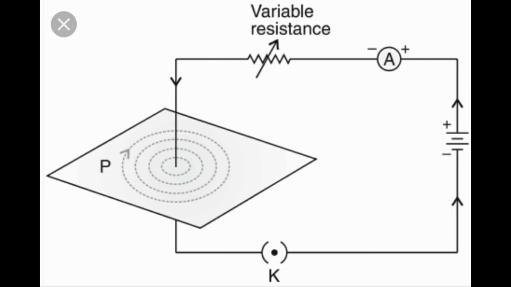Close the key so that a current flows through the wire. Ensure that the copper wire placed between the points X and Y remains vertically straight. Gently tap the cardboard a few times. Observe the pattern of the iron filings. You would find that the iron filings align themselves, showing a pattern of concentric circles around the copper wire. What do these concentric circles represent? They represent the magnetic field lines.